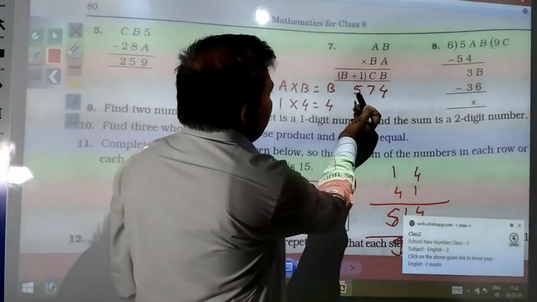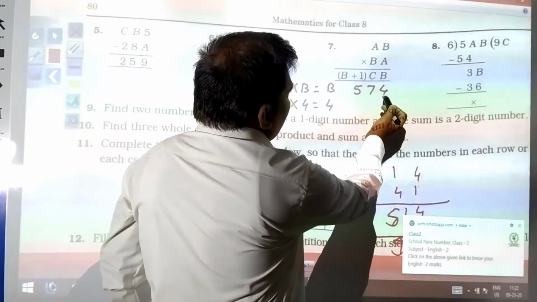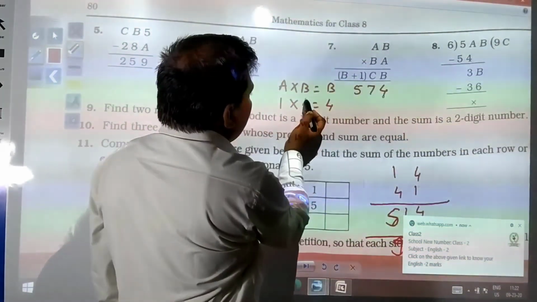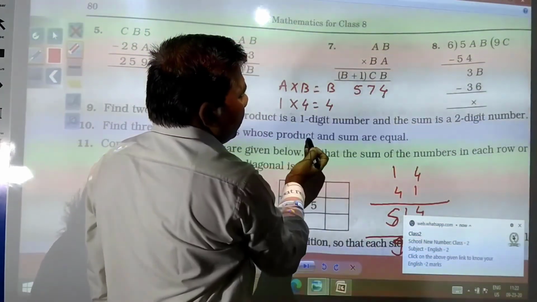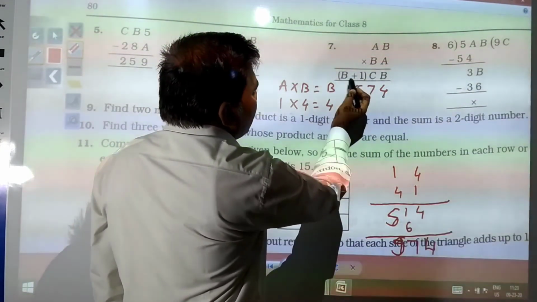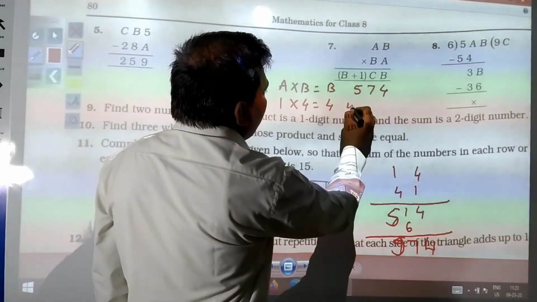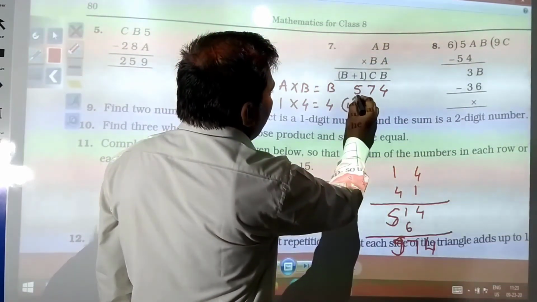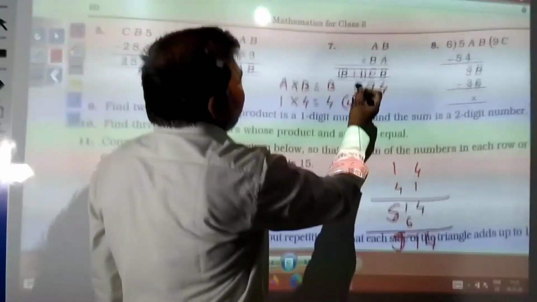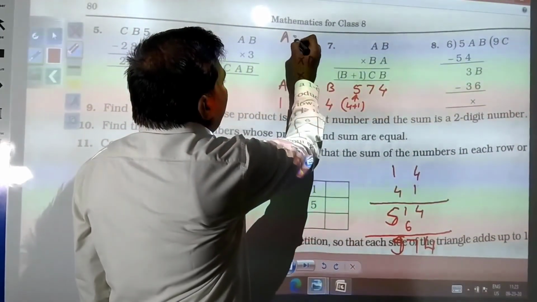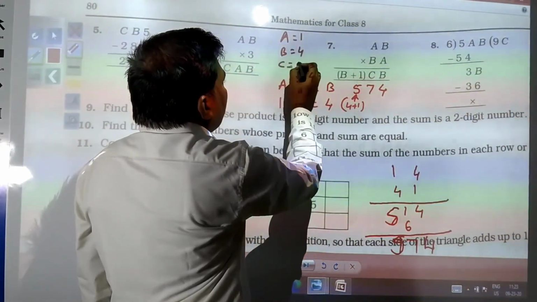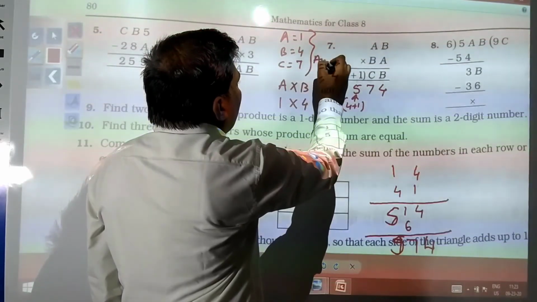Here you see 5 7 4 we have. So, 4 in place of B we had written 4. So, already 4 we have. In place of C we have got 7. B plus 1, B plus 1 means what? 4 plus 1, 4 plus 1 is what? 5. So, 5 7 4 answer we have got. So, finally, we have got A is equal to 1, B is equal to 4 and C is equal to 7, and this may be your answer.